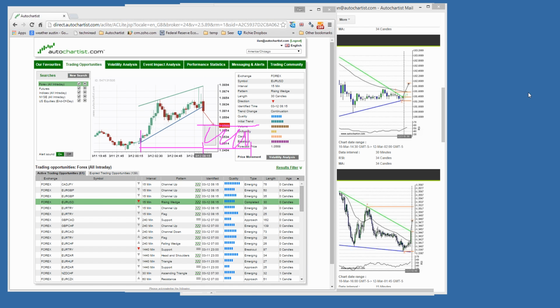So Tan, I think the next one, Errol, while you're looking through, so Tan has asked, what does the gray block mean in Autochartist? So the gray block is a forecast area. Because the theory of support and resistance and chart patterns is not a science, right? It's an art. It's more of a target area rather than a specific level. We have provided the specific level for you for ease of reading, but essentially it is a target region where we think the price is going to go.